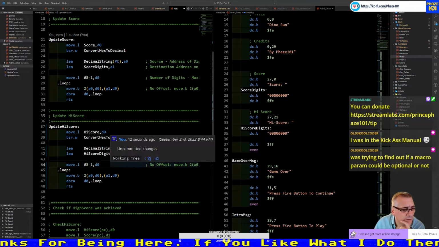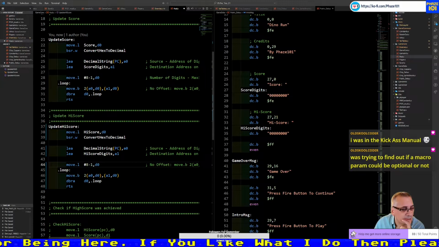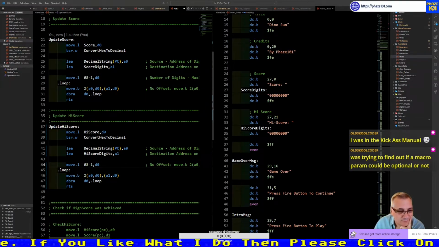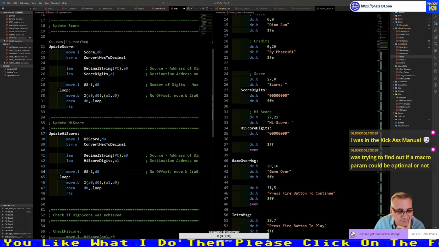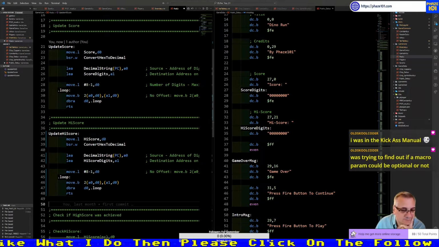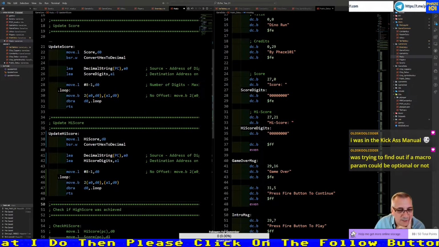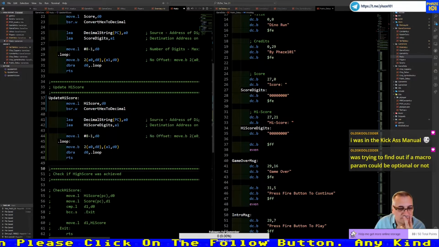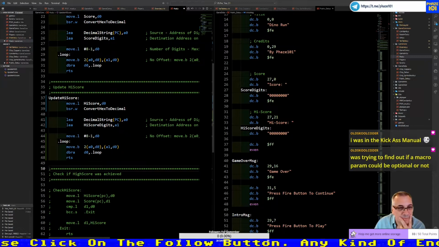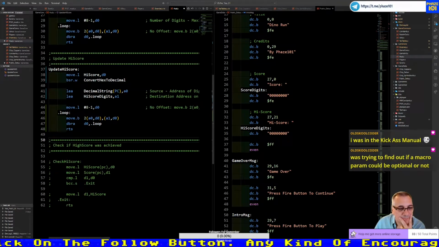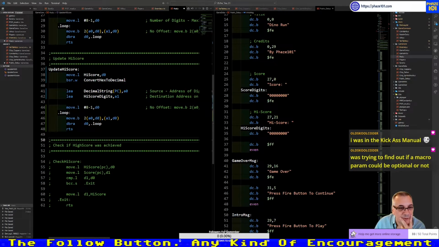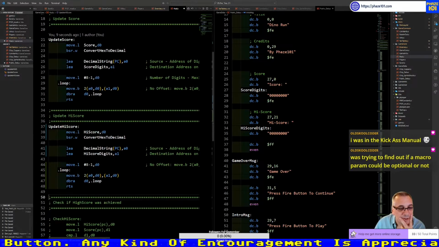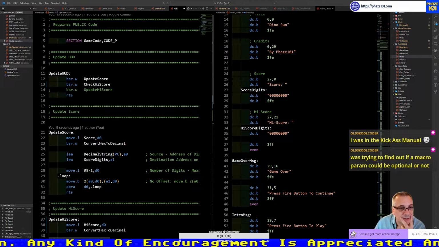Actually, that's a good point. Can it have optional parameters with the macros? Somewhere it should be, there you go, check high score. So where is it doing the check and update high score? Okay, there you go.